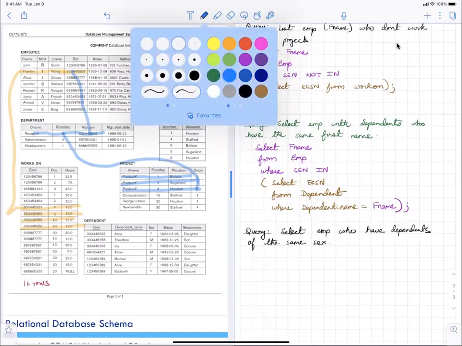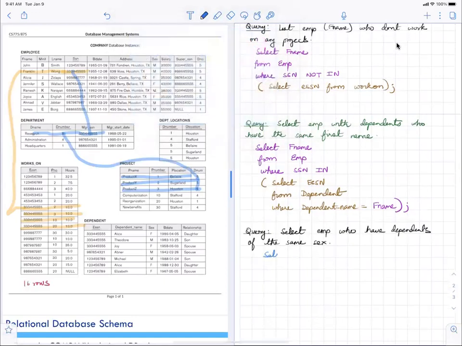The way we had done it earlier, we had done select F name, and I'd also asked for the dependent name. So dependent name, from employee.